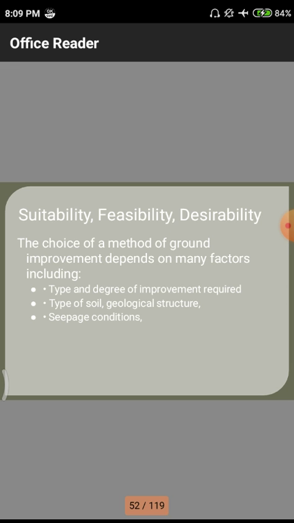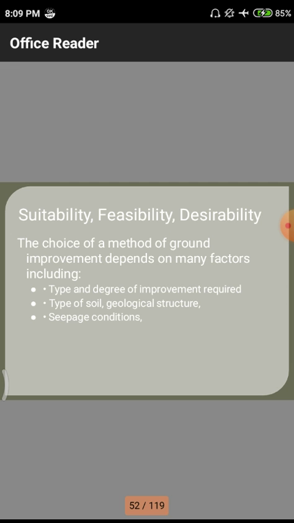Next one we are having is the seepage conditions. This seepage condition mainly depends upon the particle size and grain size of the particular soil strata. This also comes under type of the soil. Particularly we are having different kinds and different types of soils. After that we need to take these seepage conditions also. Why? Because seepage conditions mainly depend upon the slope.